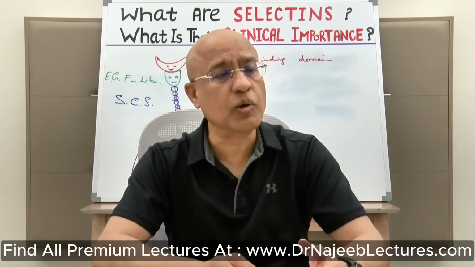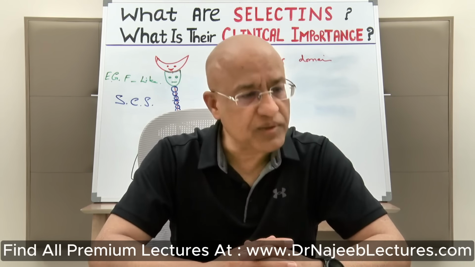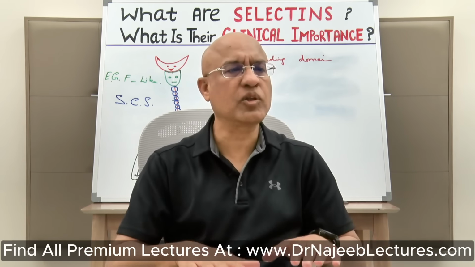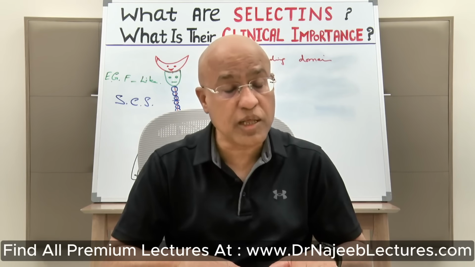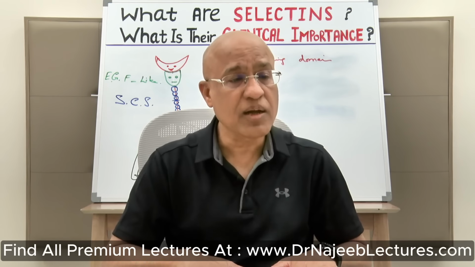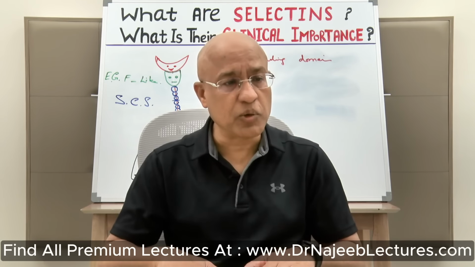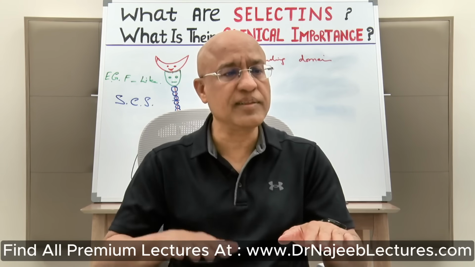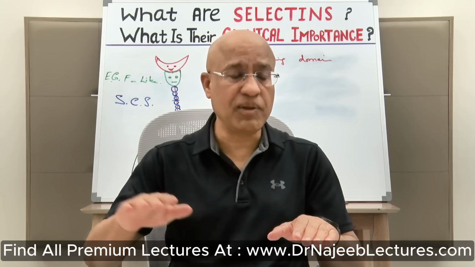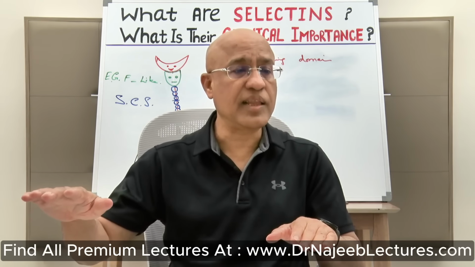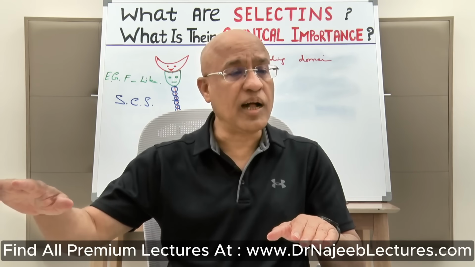I will discuss their counter receptors in detail later. When inflammation occurs, the endothelium becomes activated. Activated endothelium expresses many types of adhesion molecules. First of all, P-selectin, then E-selectins, and I will teach you later that they also express